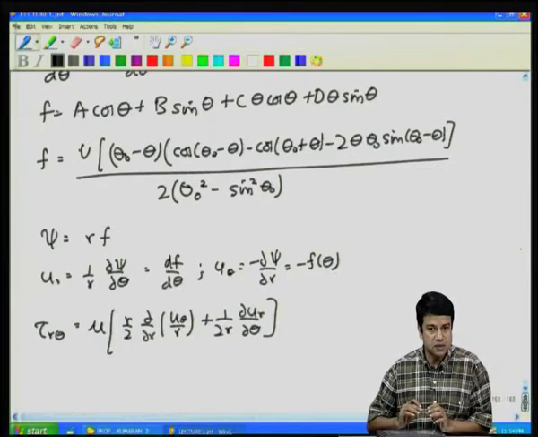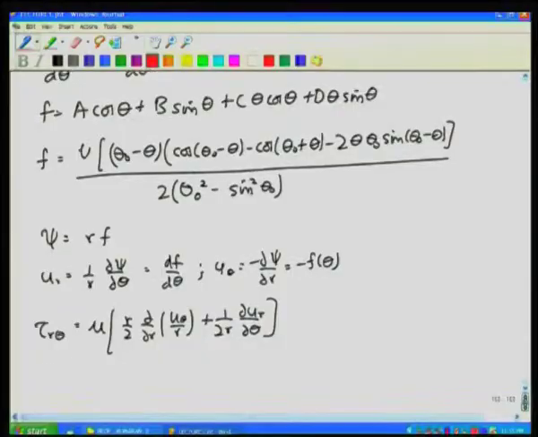So, for this one has to go to standard tables in order to find out what is the expression for the shear stress in a curvilinear coordinate system, which incorporates the variation of the unit vectors with respect to position, and the final expression for that turns out to be equal to this one. Once again, this can be expressed in terms of the stream function and then ultimately in terms of the function f. It turns out this is equal to mu by 2 r into d square